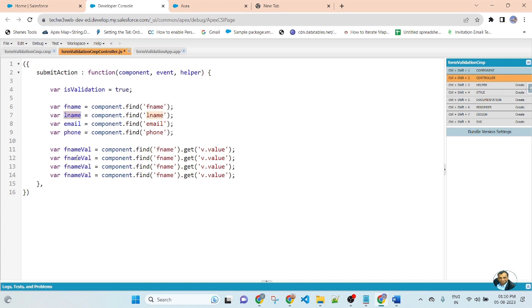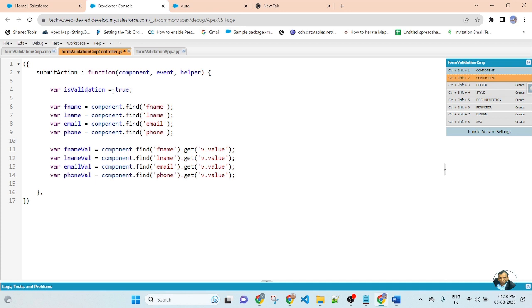Second for lname, so put lname value, lname and value. Third for email, here pass the email and value. Fourth for phone, value.